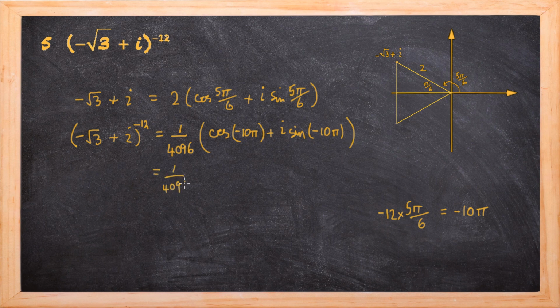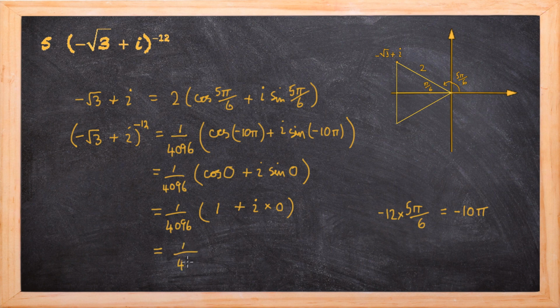Now, adding multiples of 2 pi, well, 10 pi is a multiple of 2 pi. So if we add 10 pi to that, values remain unchanged, we'd get a 0. So cos 0 plus i sine 0, it's adding 10 pi, a multiple of 2 pi. So cosine of 0, that's 1. Sine of 0, that's 0. So right-hand bracket's the value 1. So our final value is 1 over